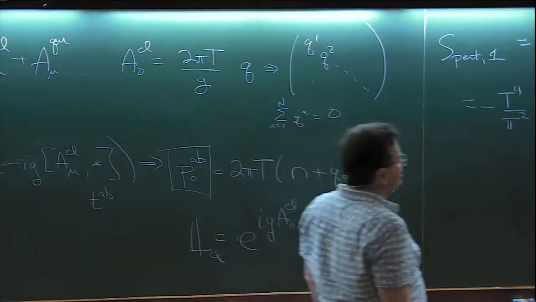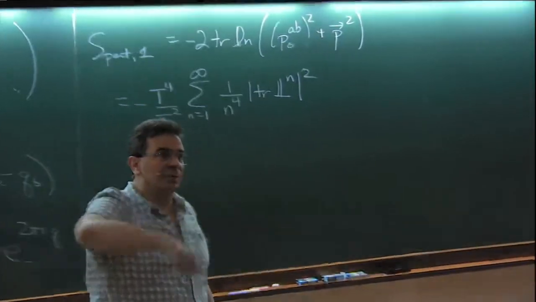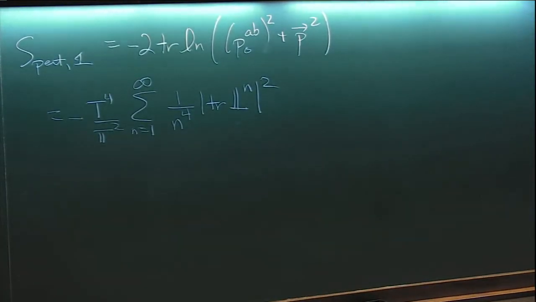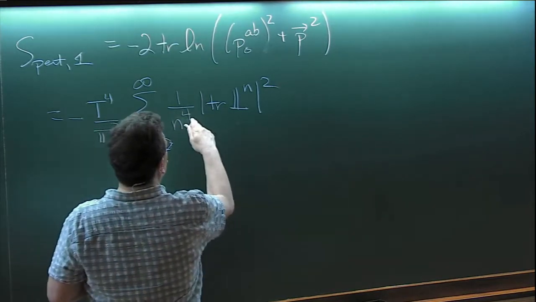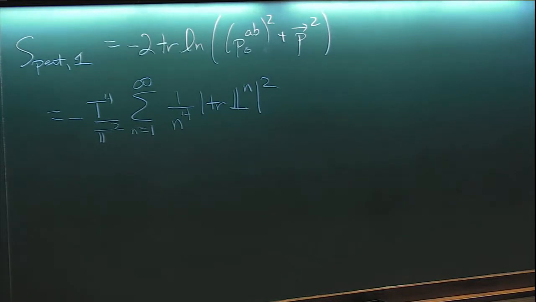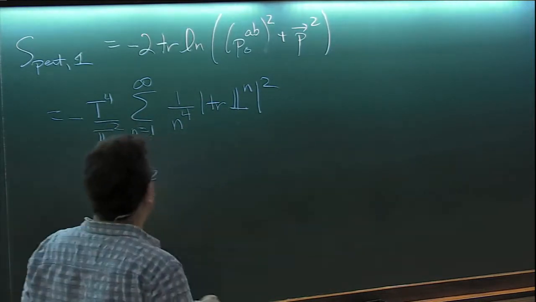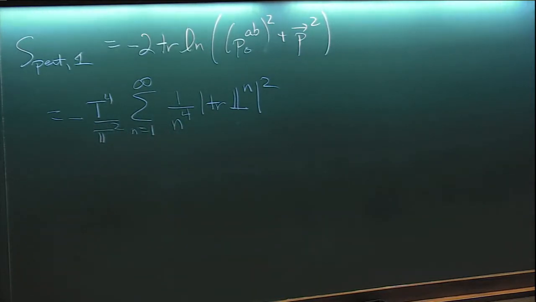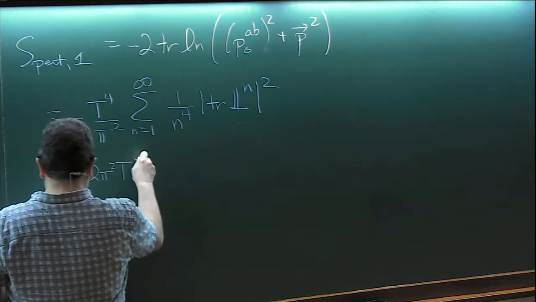One thing you can see is that it's an infinite set of terms. And this comes because when you expand this trace, it comes from the massless field wrapping around in imaginary time an infinite number of times. It's also interesting, this 1 over n to the 4th, this 4 comes because we're in 4 space-time dimensions. If you were in 3 space-time dimensions, this would be 1 over n cubed. If you were in 2 space-time dimensions, this would be 1 over n squared. And that will be interesting for what follows. Okay, but you can work this out,